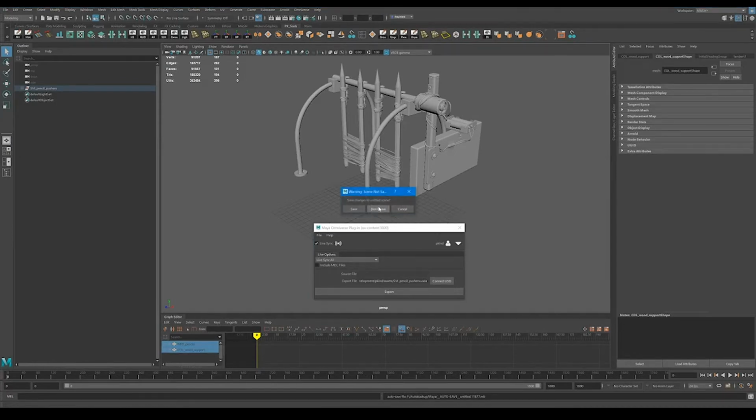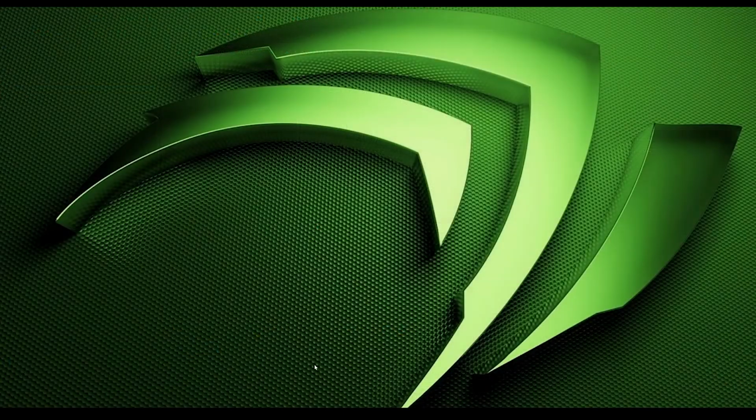So let's say you were to go ahead and close Maya. Let's go ahead and don't save. I'm just going to close everything down. At this point we have Maya closed, and that could have happened for any number of reasons. Maybe it was the end of your day, or you just needed to do a different project. You've left your file, and now you want to reopen Maya and reconnect to live mode.